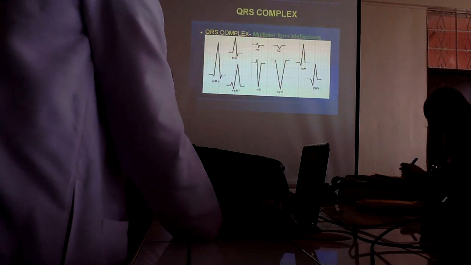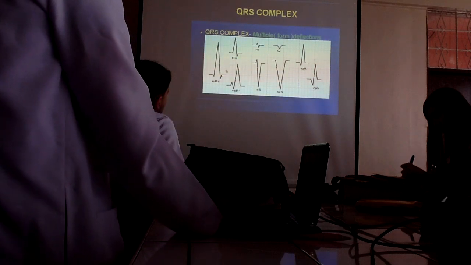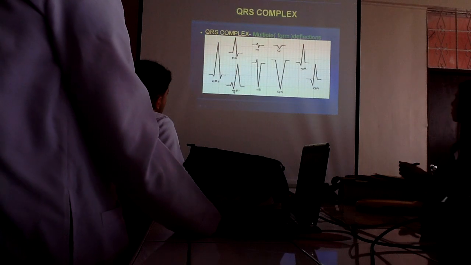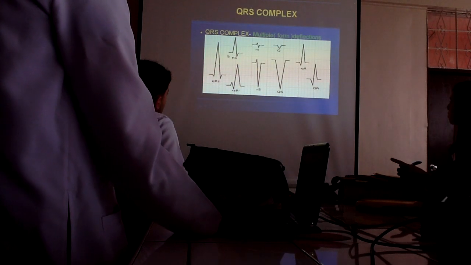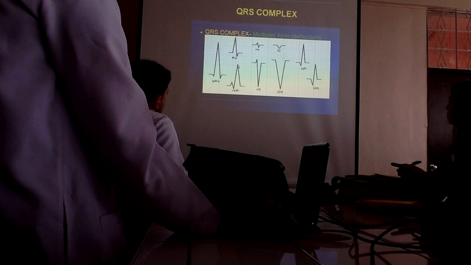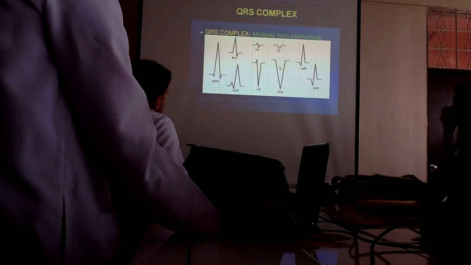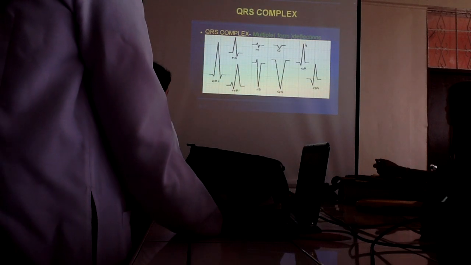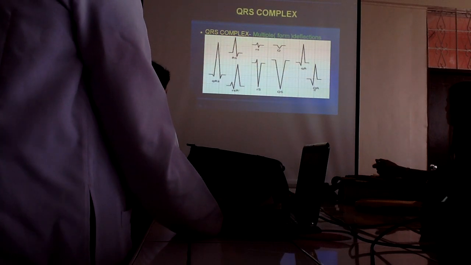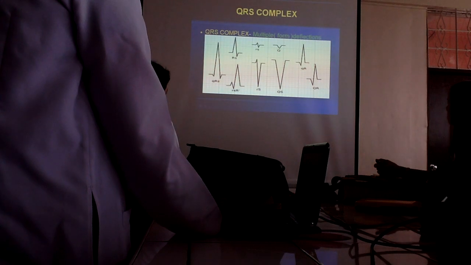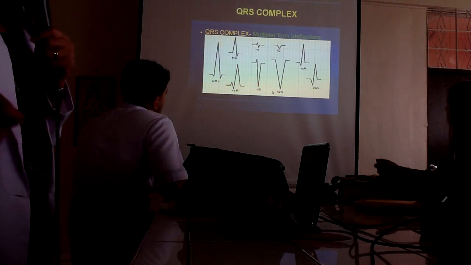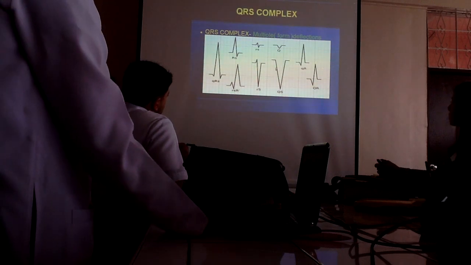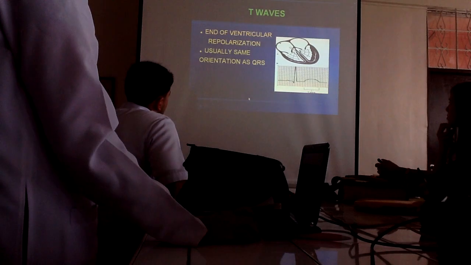Okay? So for example, this is nice to know so that when you see it, you understand that this is still a QRS complex, but this one is an R, S, R. Okay? Because the deflection is high. This one, on the other hand, is considered a QS pattern. This one is a QR pattern. Okay? This one is a capital Q and a big R also. So it depends on how you write it when you interpret it. But these are examples of multiple forms of deflection. Nice to know at this time.